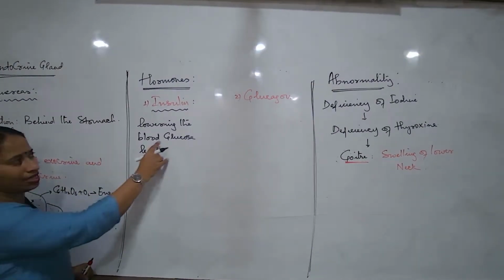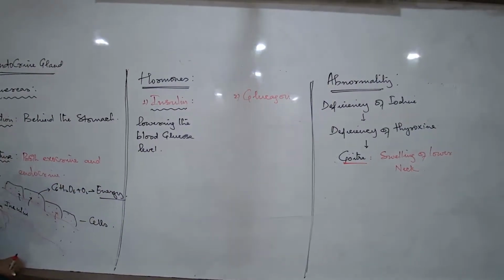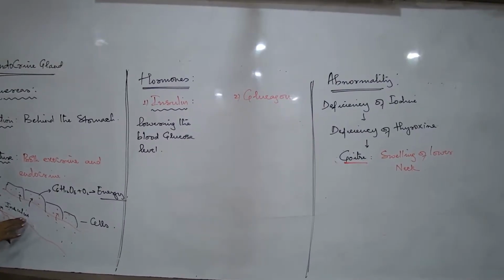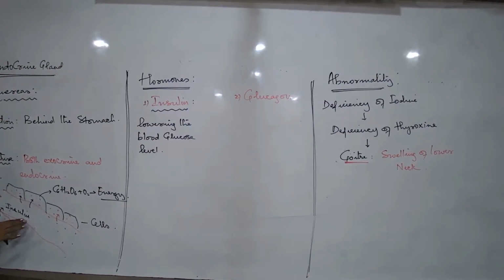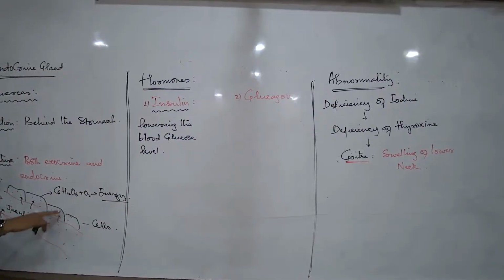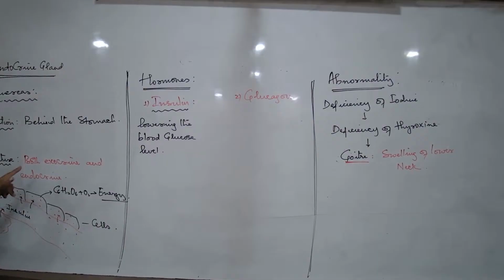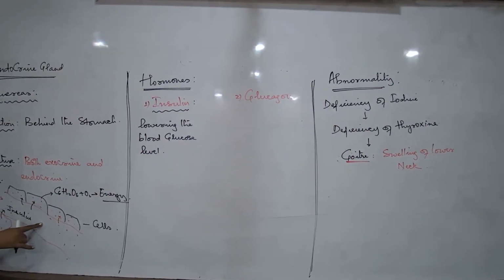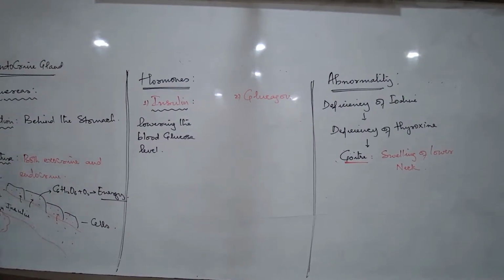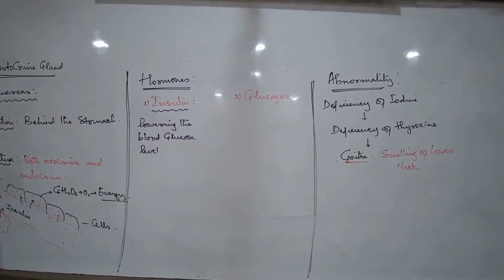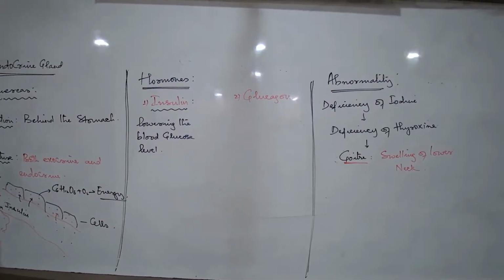But now I said try to understand the relation. Number one, glucose enters the blood in large amount. If insulin is there in the blood in adequate amount, what will happen? Insulin will allow the absorption of the glucose into the body cells, so glucose concentration in the blood is decreasing and it should decrease. That is the job of insulin. So what do you write? What is the function of insulin? It lowers the blood glucose level. That's the major function to write.